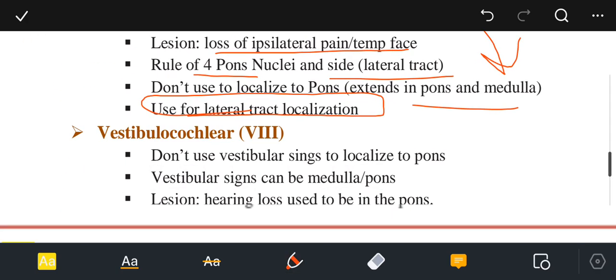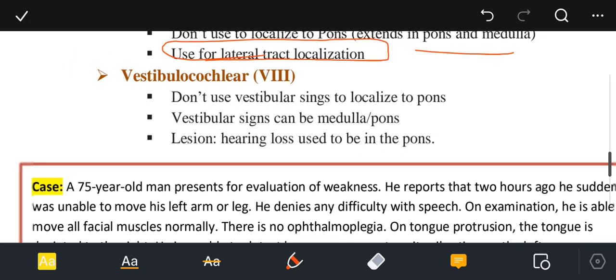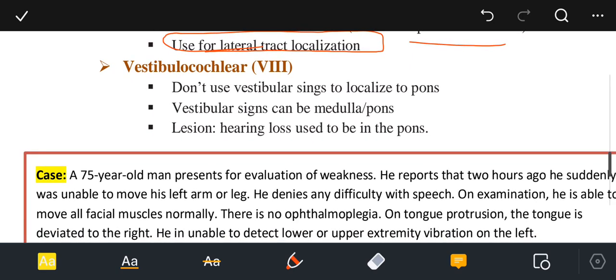The second thing you need to know is the vestibulocochlear nerve. Do not use vestibular signs to localize the pons. Vestibular signs can come from the medulla or the pons, because if I draw the pons and medulla, the nuclei are located like this. This is the vestibular nucleus and this is the cochlear nucleus. They are present on the border of the pons and medulla. So if there is a problem with the vestibulocochlear nerve, the lesion may be in the pons or maybe in